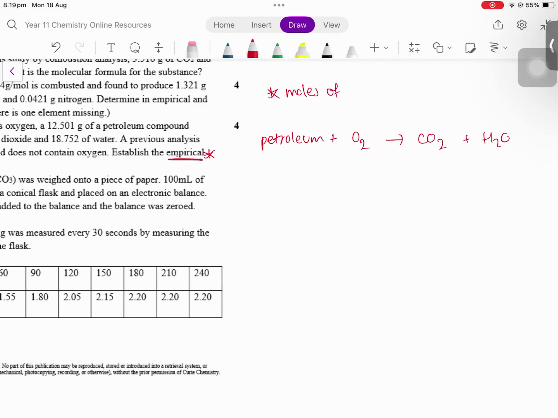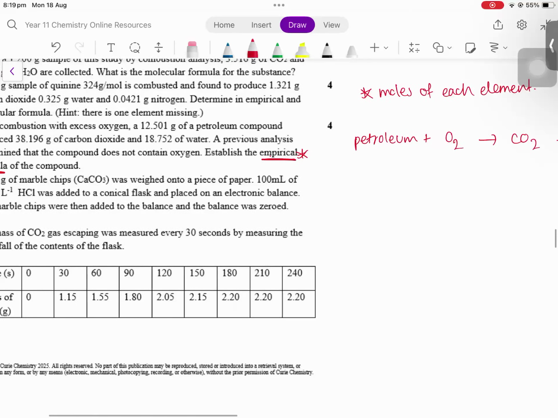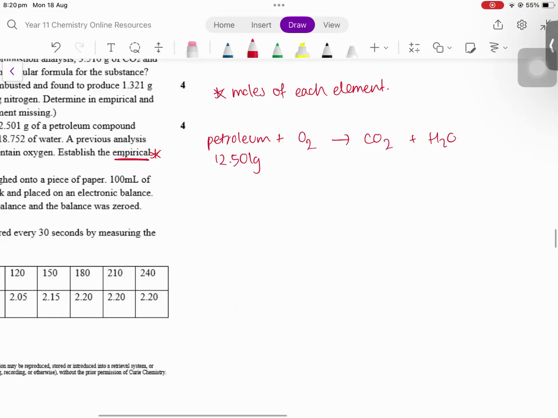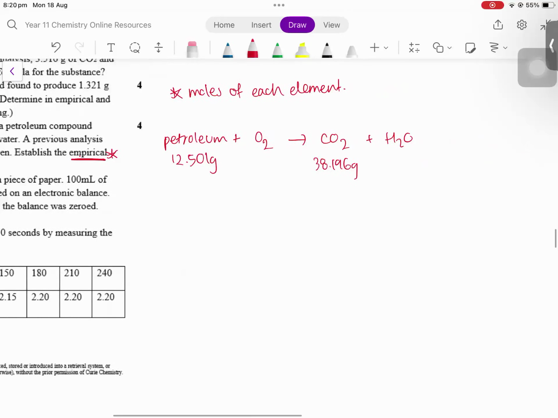It's the moles of each element. When you're trying to figure out empirical formula, you need the moles of each element. So keep this in mind because I'm about to ask you, yeah? This is your equation. And then they told you it's 12.501 grams of this. The carbon dioxide is 38.196 grams. And then the water is